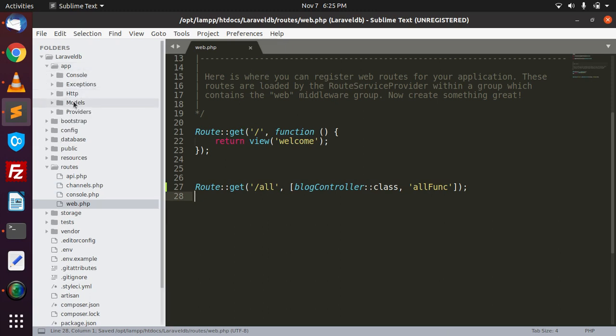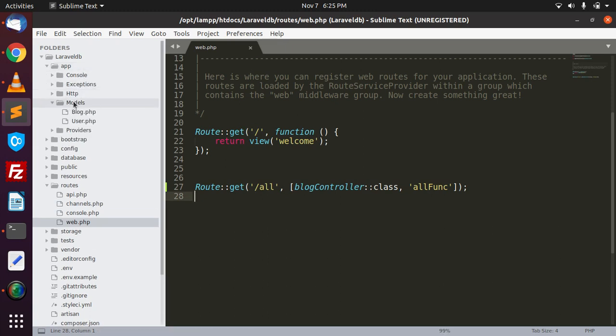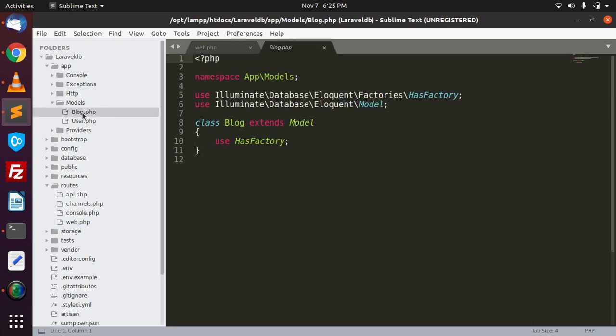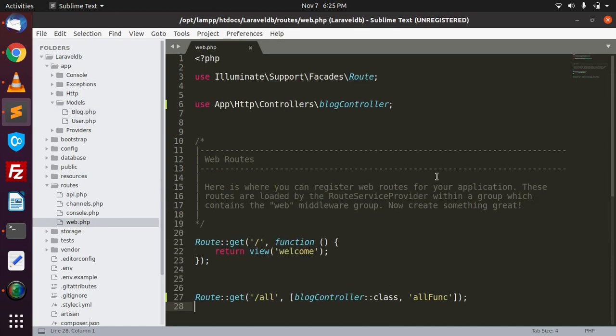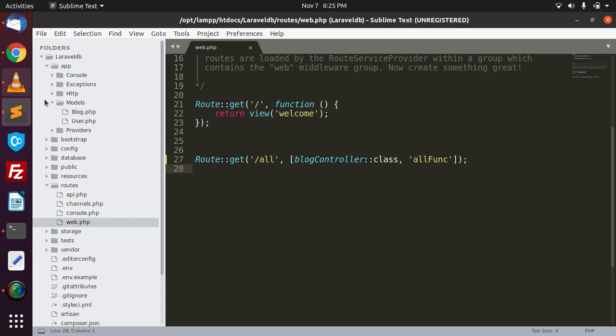As you know, we have already created the model file, Blog.php, in the models folder in the last videos. Now we will use this model file in the controller for fetching our data.